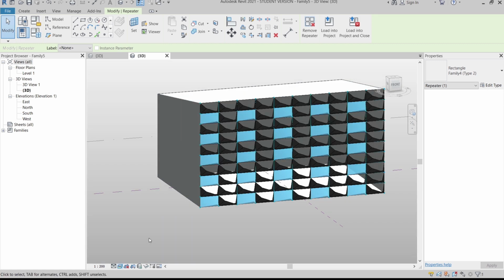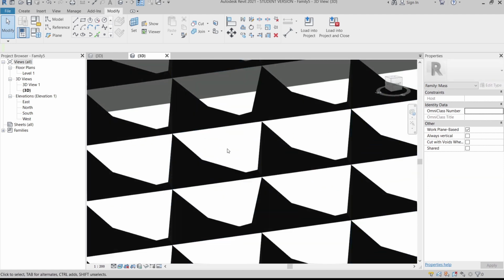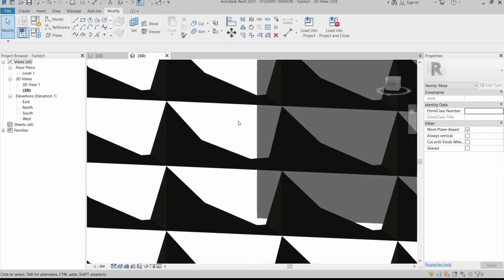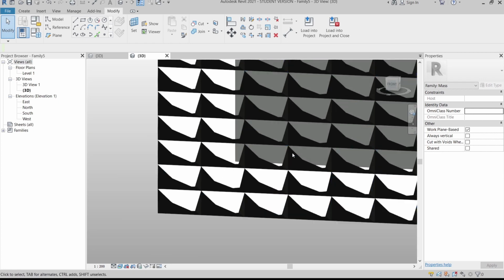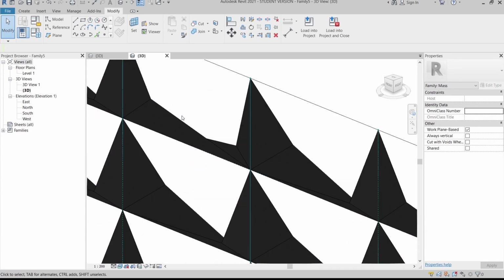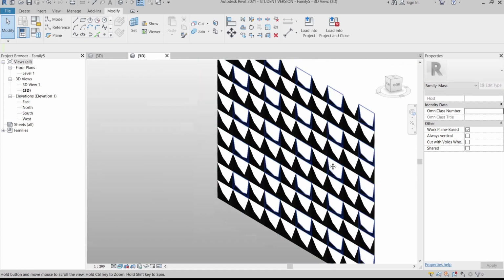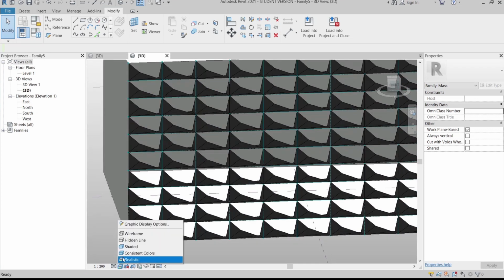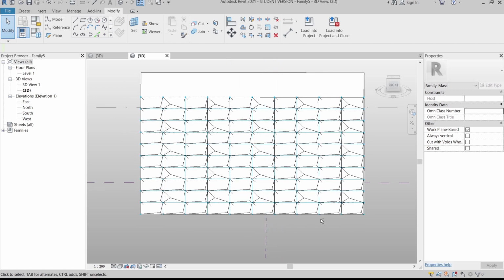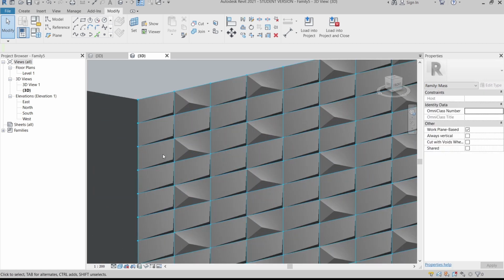and when I turn it to realistic it is the same as our photo reference. Here there are two things we could not see clearly. Basically you could see this one clearly when you apply it into your project, but I don't know what happened this time. But of course this is how you can create your facade or building skin in Revit for this kind of facade. Then I can change it to shaded, yep, easier to see that.